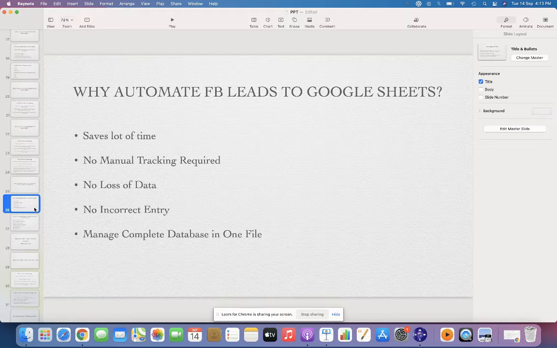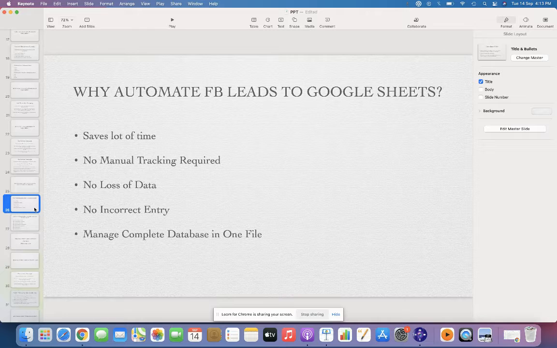When you don't have a proper channel for the lead flow, it will be a total waste of money. And one more thing, you won't be converting the leads within a short span of time. That is why automation is very important.